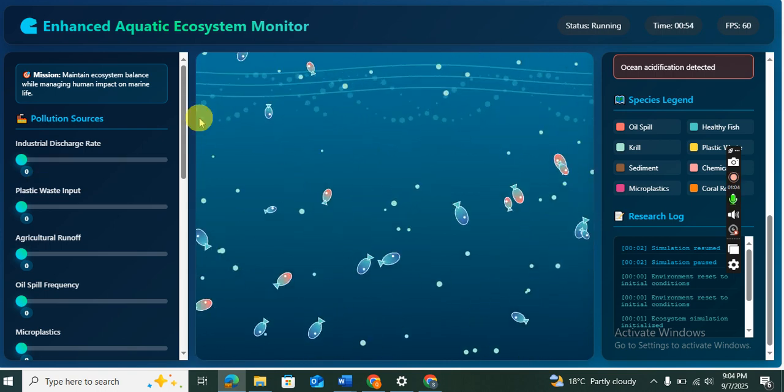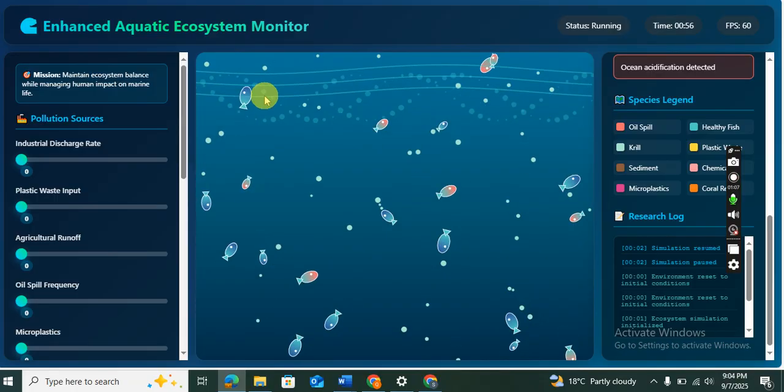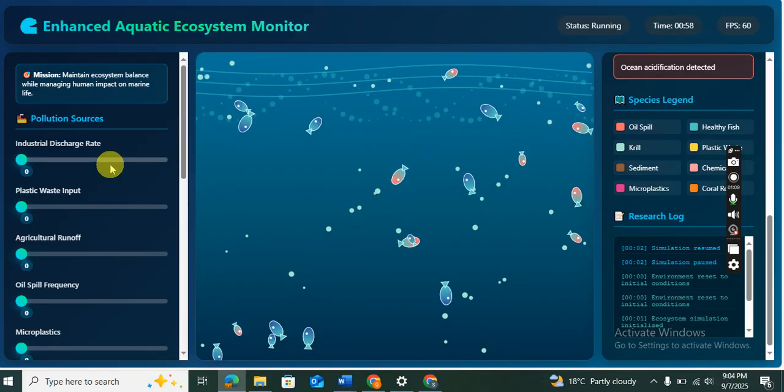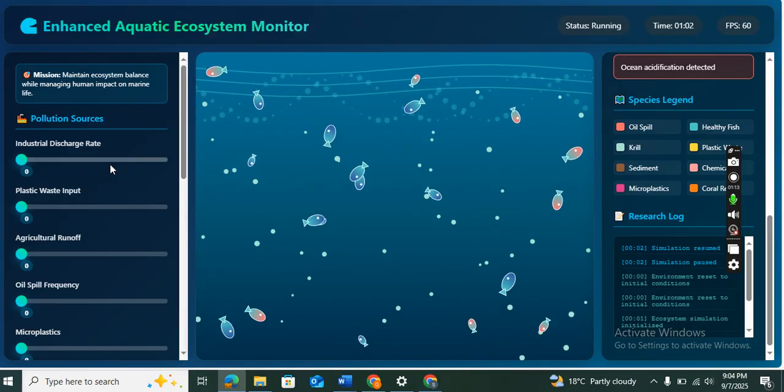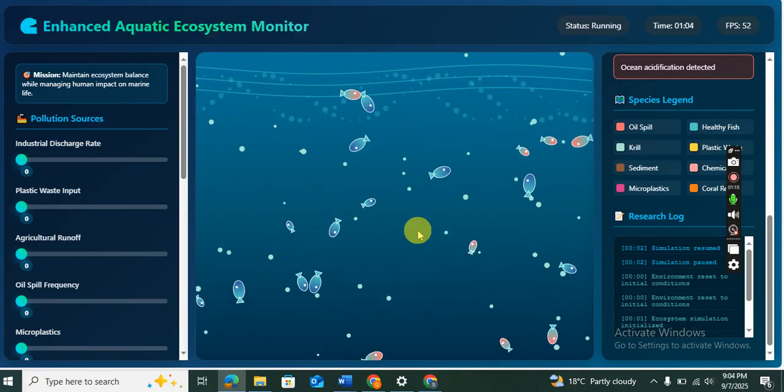Our simulation, as I'm moving right now, is called Aqua Guidance. It's an action-based game. You can see right now, on my side, I got